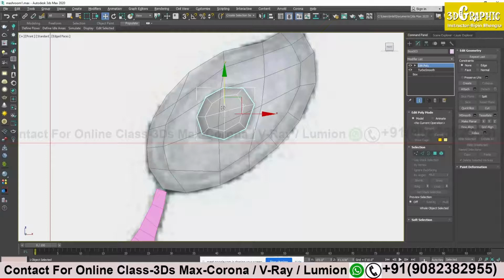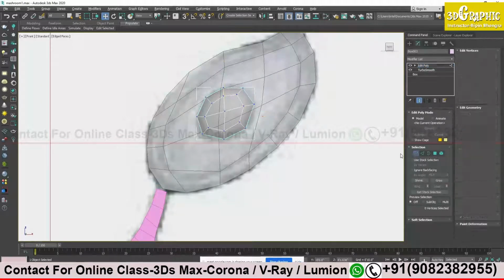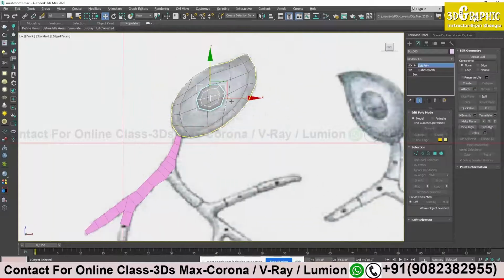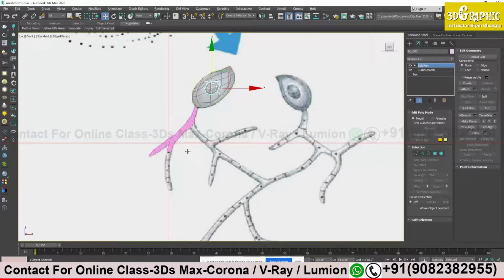Don't do very detailed work at the beginning, because as I said, the lesser number of vertices you have, the easier it is to manipulate and work with it. So at the beginning, try to draw the shape with less number of vertices and edges. And when every shape and this outer area is covered, then you go to detail in the second phase.